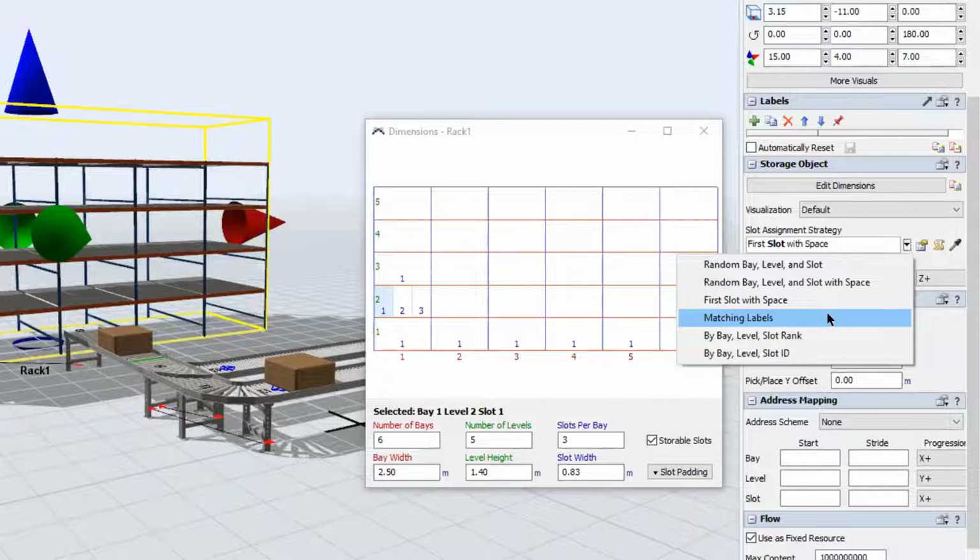And there is some sort of an addressing scheme that you set up where each individual slot is assigned an address, and those flow items will be assigned to a particular address within the racking system. So you can use the rack as a singular object like we're doing here, but